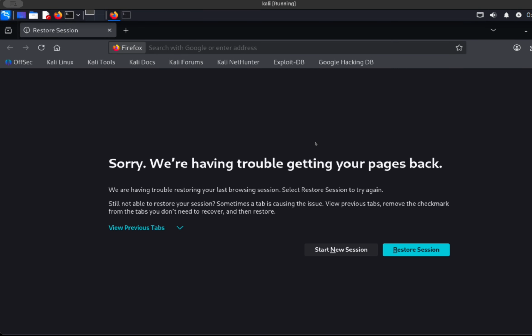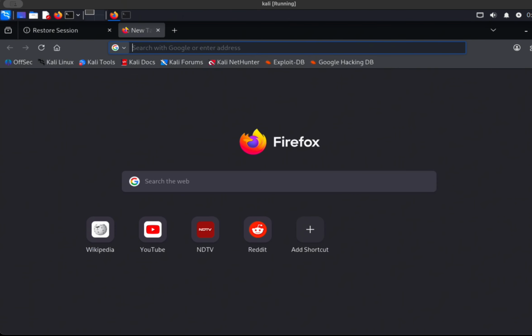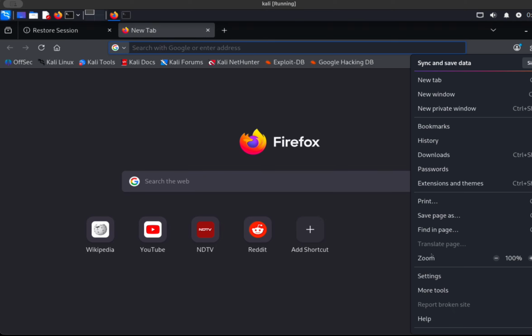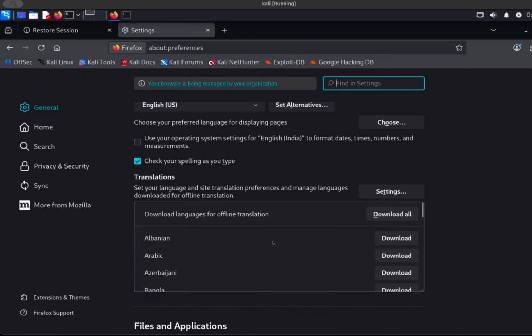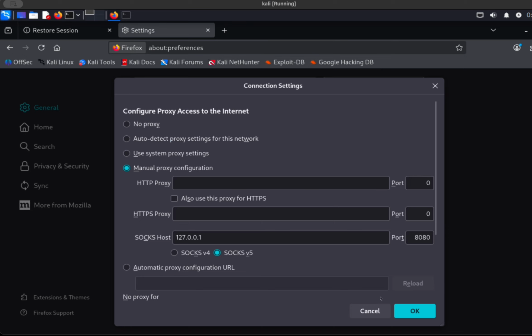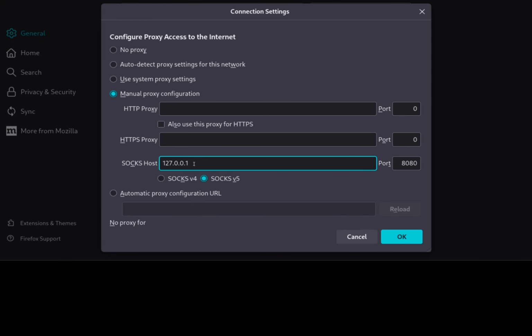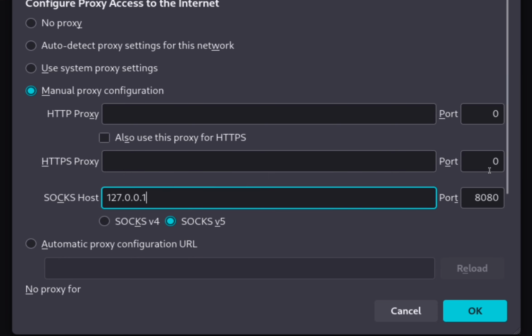Open your browser, click on the three-dot menu, and go to Settings. Scroll down to the Network Settings section and select Manual Proxy Configuration. Enter the following details: SOCKS host 127.0.0.1,